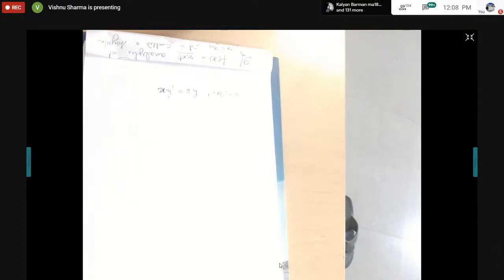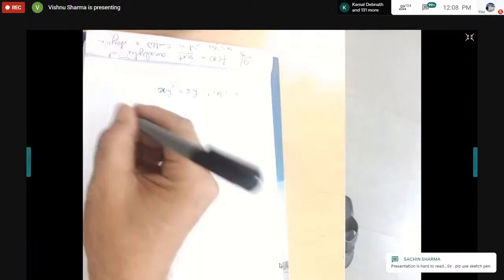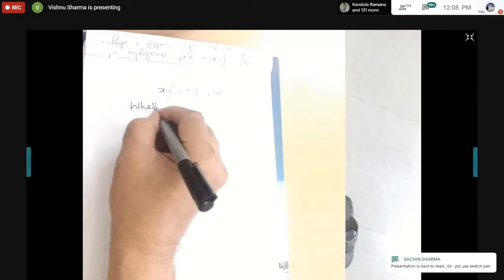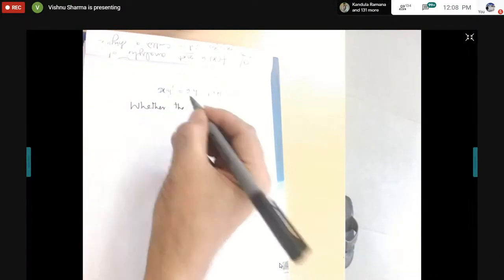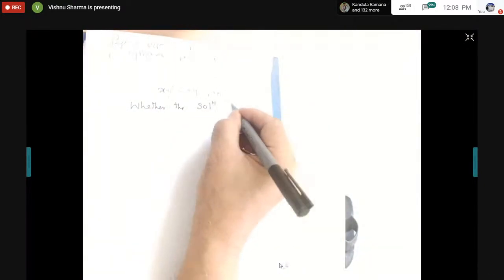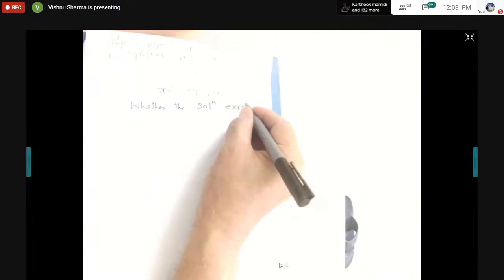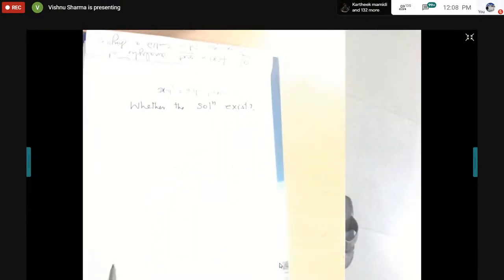Okay, all right. What can be said about this initial value problem? Whether the solution exists? If yes, what is the domain? Is it whole R, sir? Again, you see,